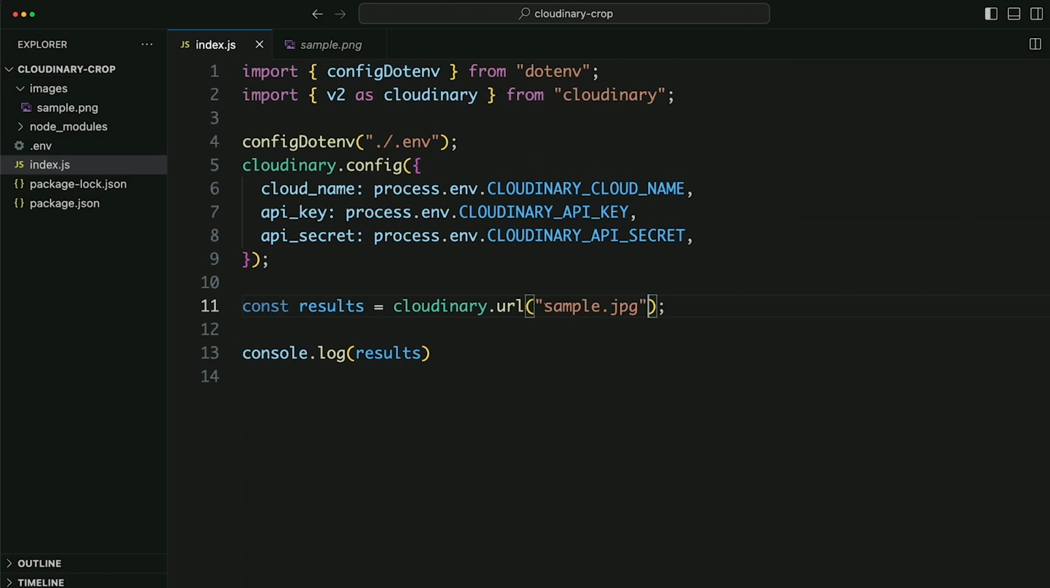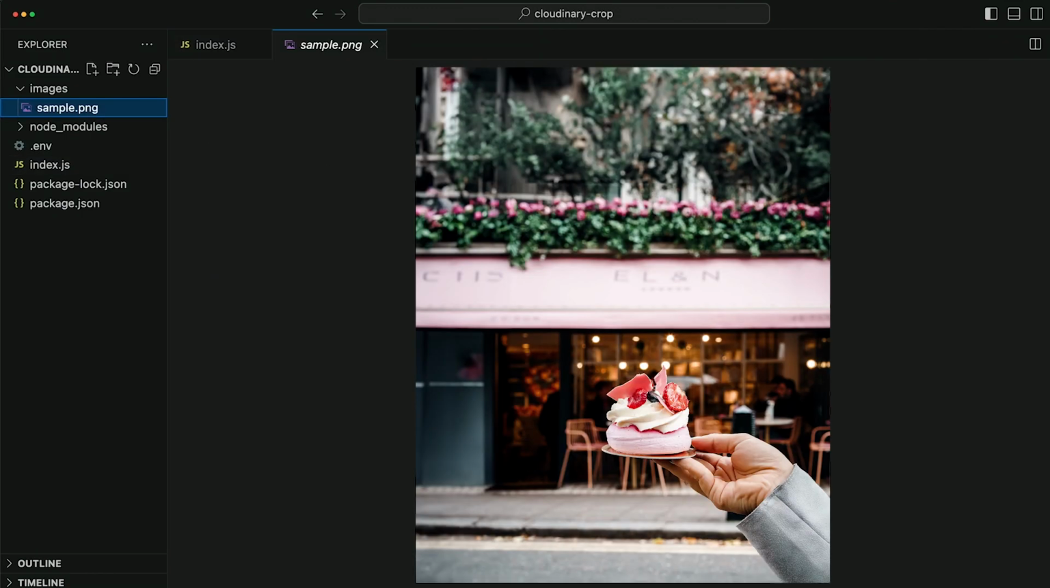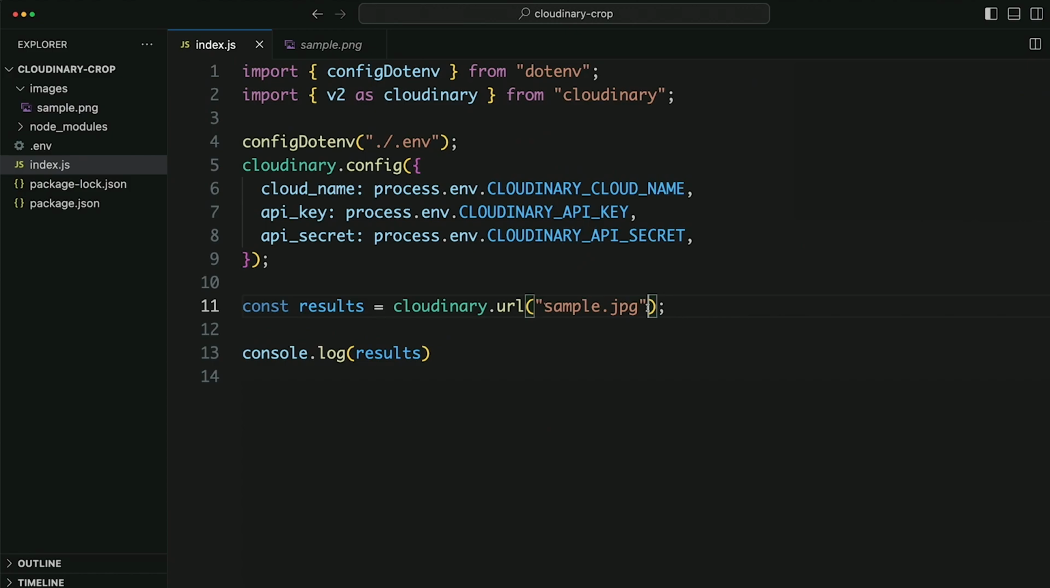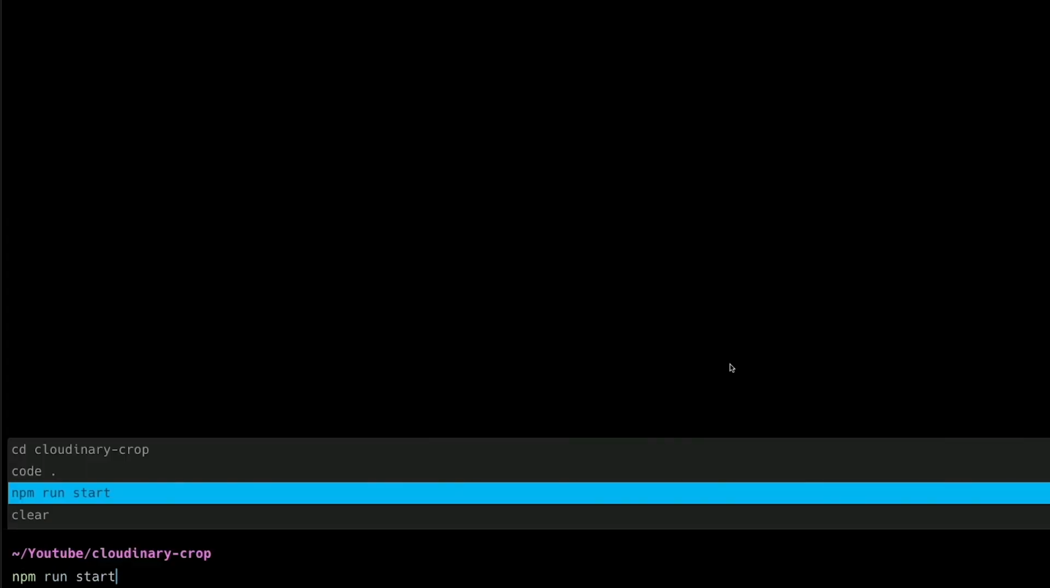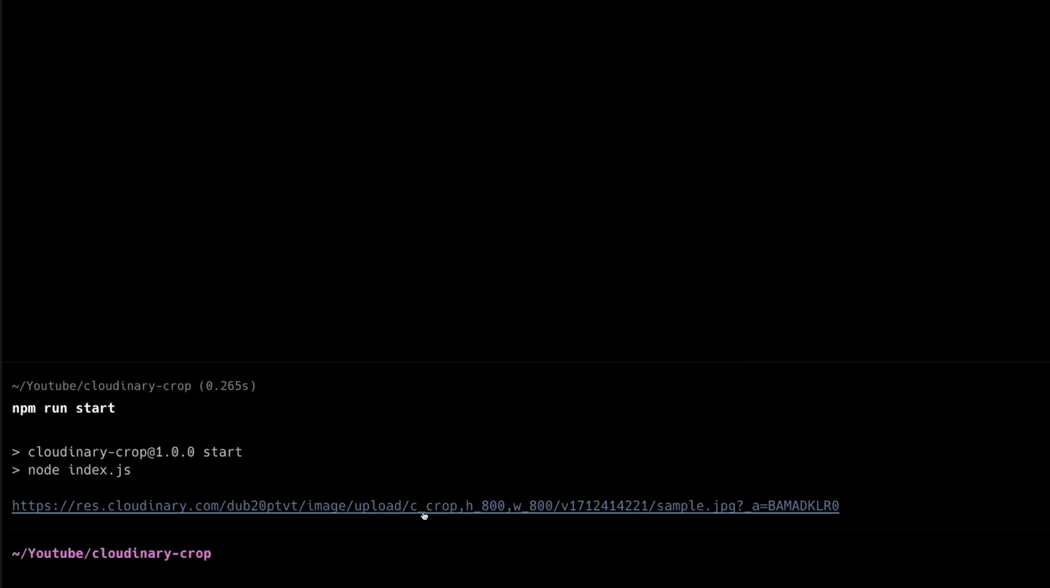So here I have an image that's uploaded to my Cloudinary, and I have an example of exactly what it is. So it's this image here with a sweet treat right in the middle. Let's try cropping it first of all. What we can do here is do crop, and then we can set the width and the height. We'll set it to 800, and then we'll set the height to also 800 to give us a square image. If we hit save here and we run our node package, we'll get this new URL here